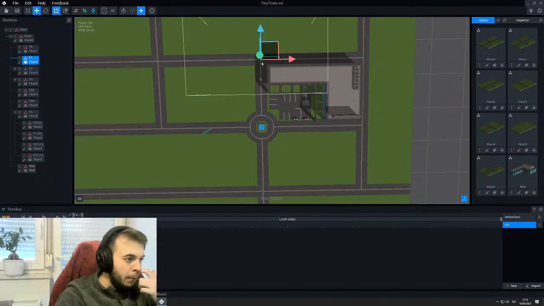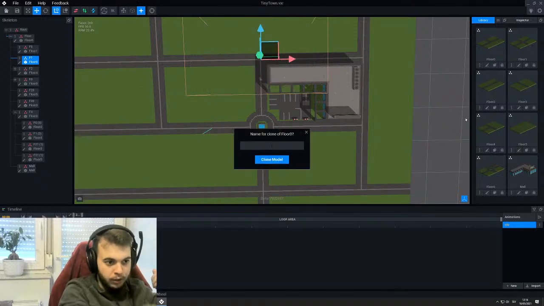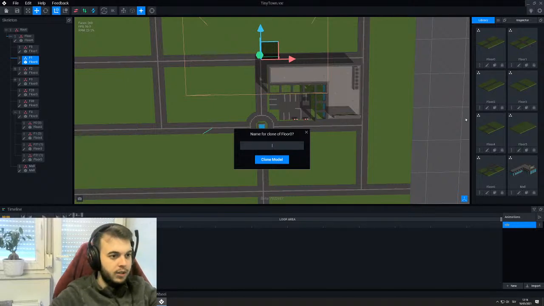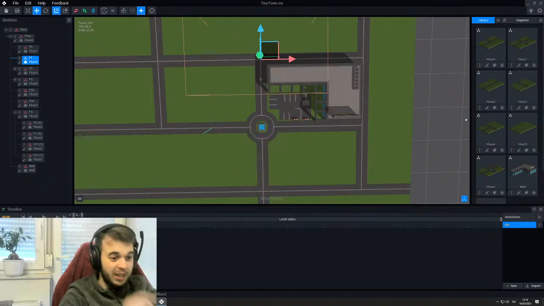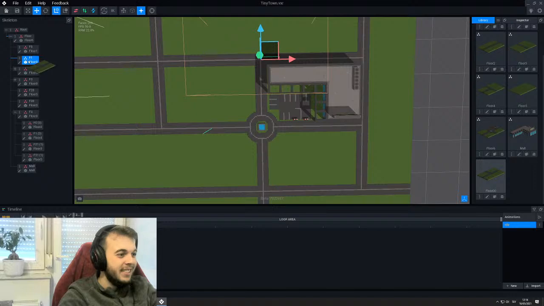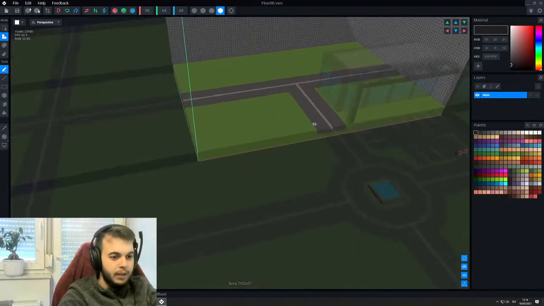For floor 0, I think we'll need to make it a unique floor, just because we're going to make some more pavements and stuff on it. So it will actually have to be unique. So let's call it floor 0, 0. I guess that works. So let's put it here. And now you can kind of see